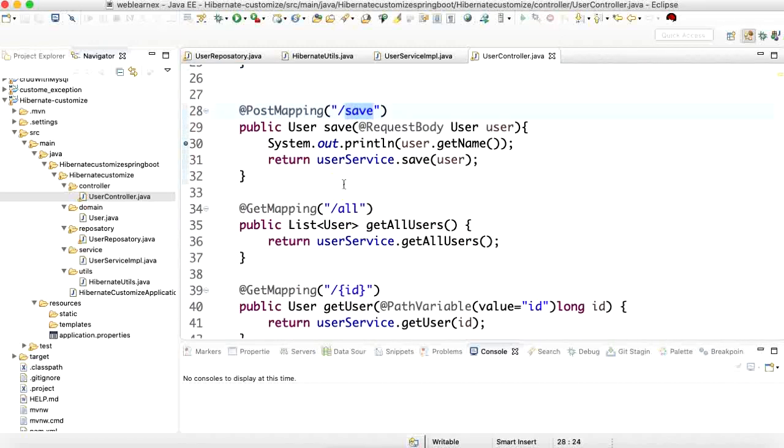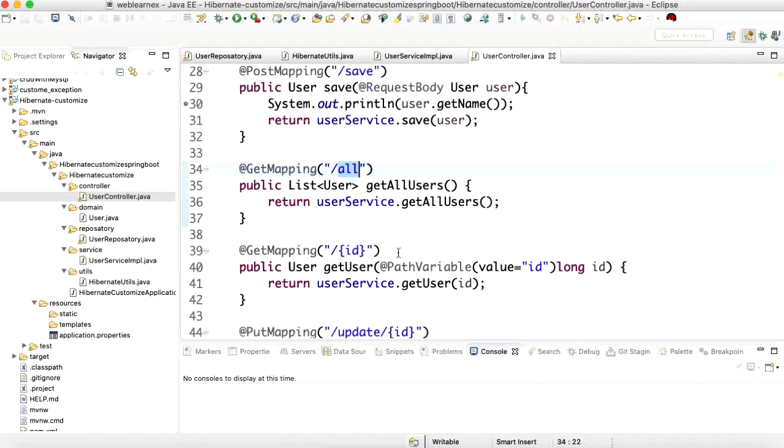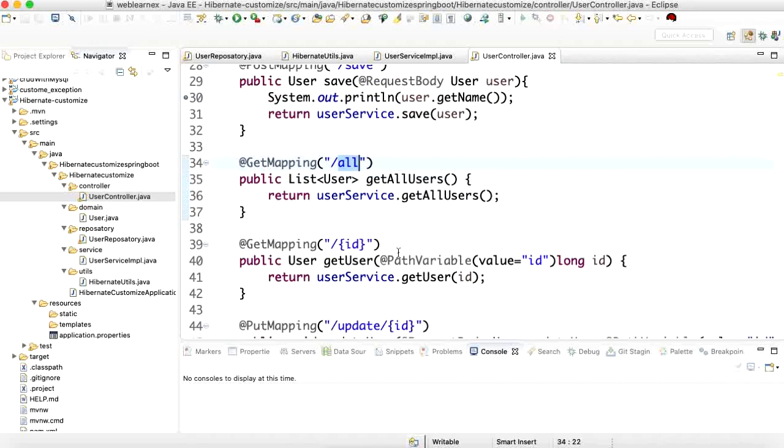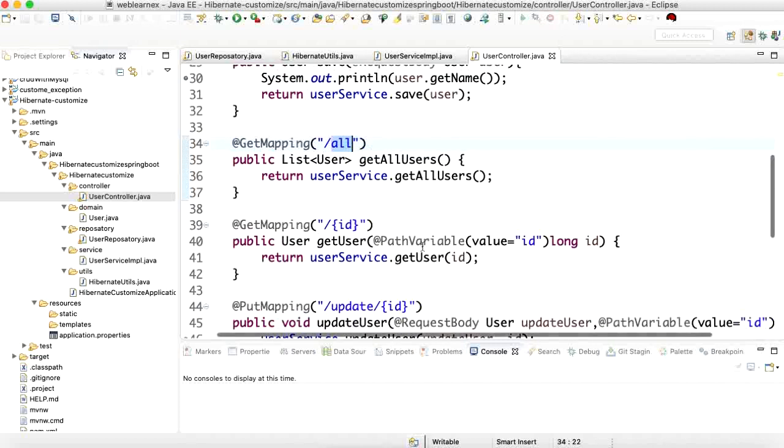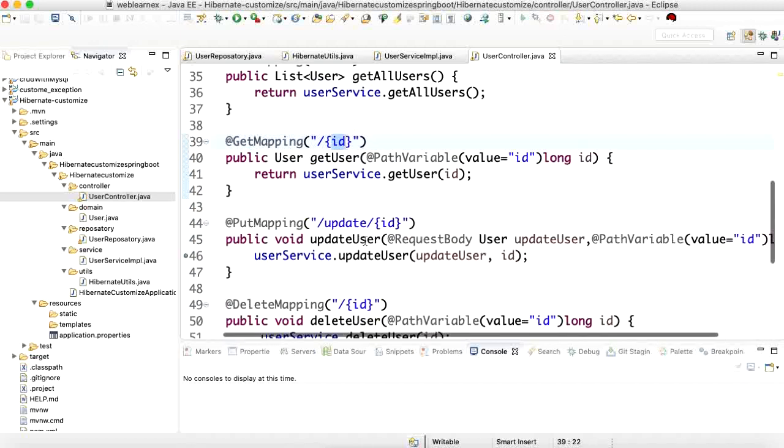So this is my save method, and the get all method, which will return all user information, meaning the whole user list. And the get mapping will return the particular user information matched by this ID, and similarly update and delete by ID.